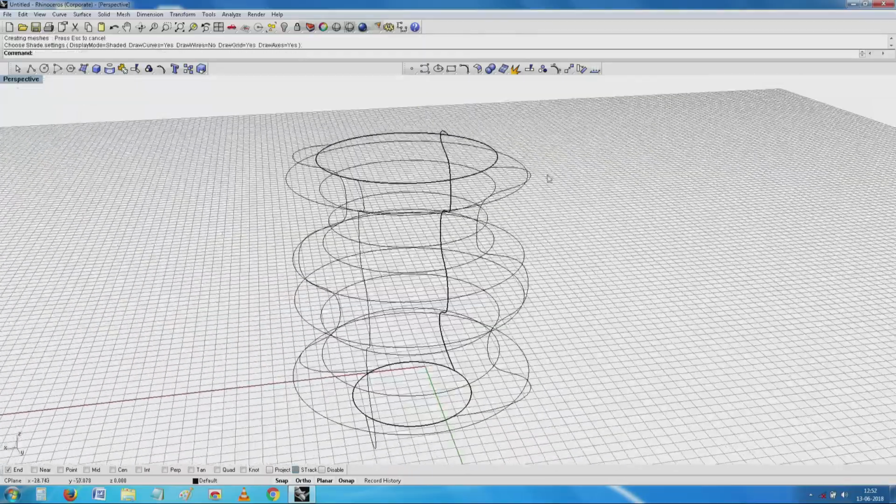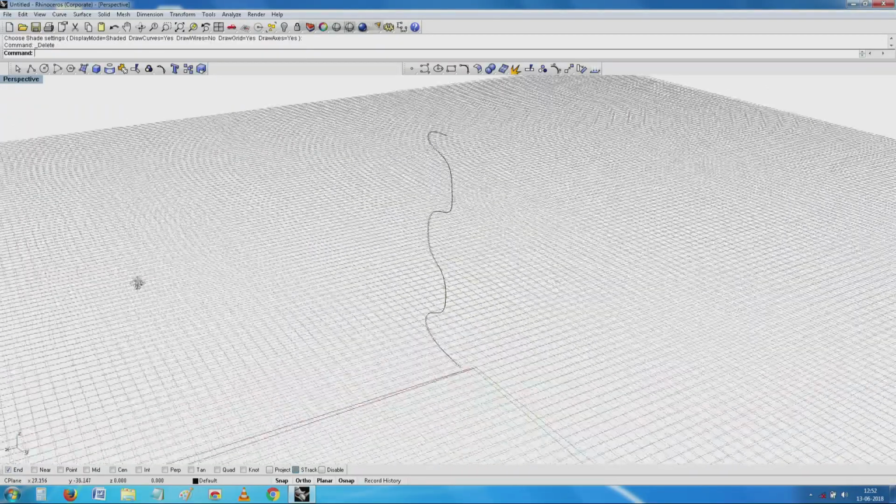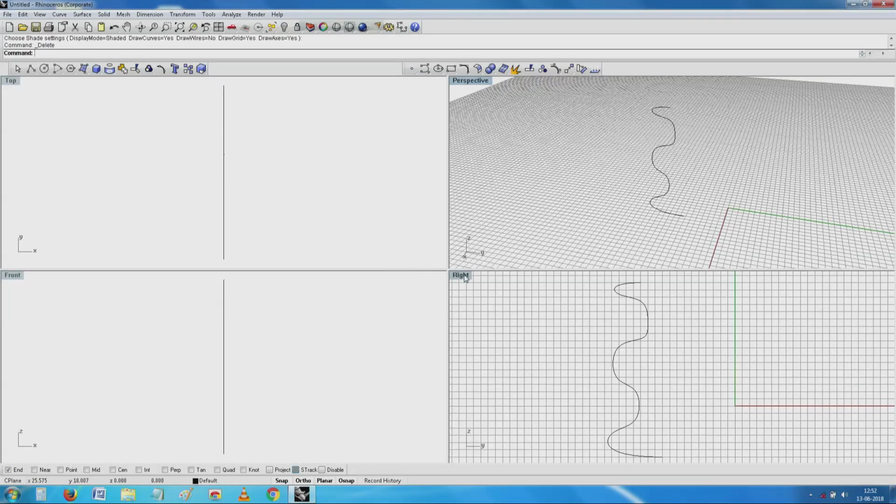In this case the original curve is still there. Can you see here? This is the original curve. Now, I will see what else I can do with this curve. I will come here.